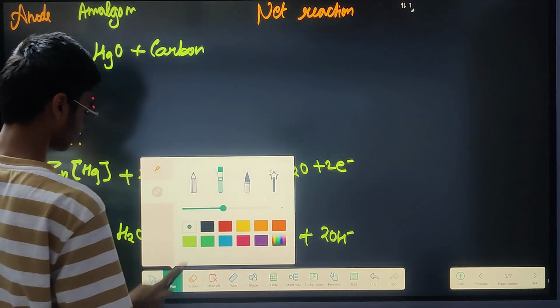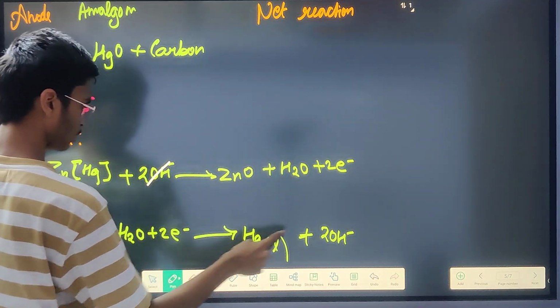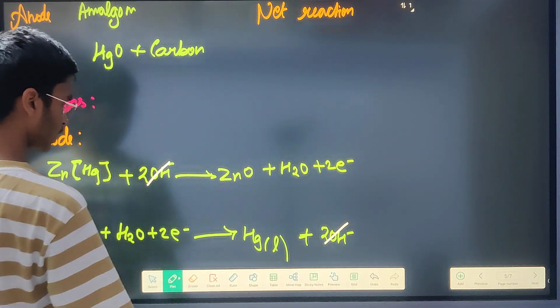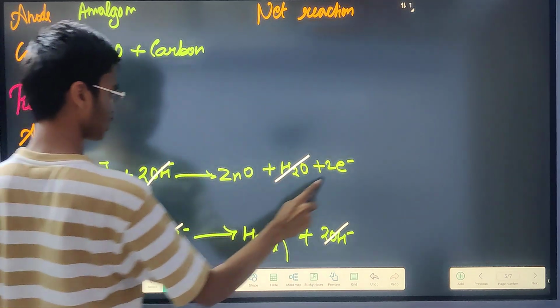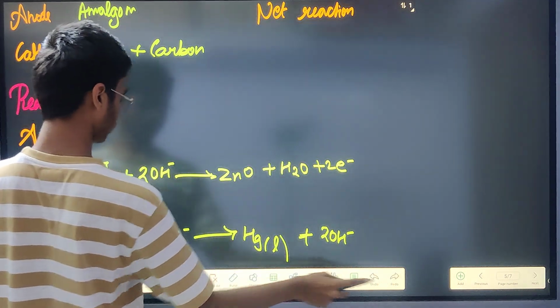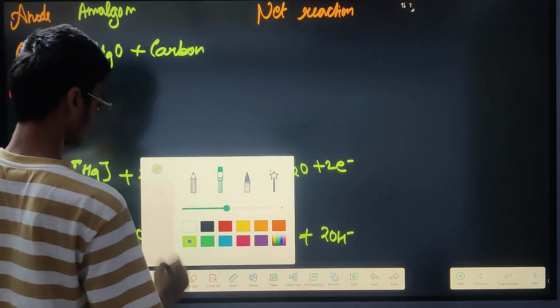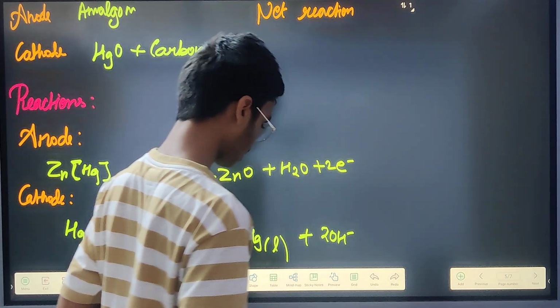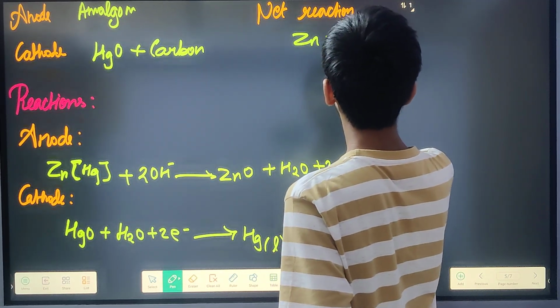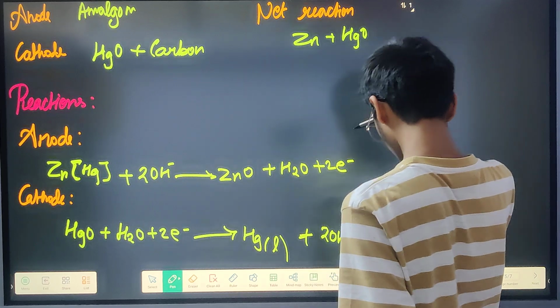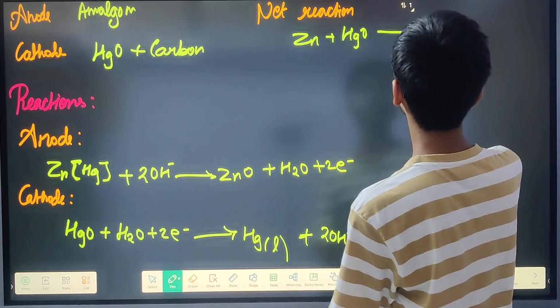Net reaction. OH minus, then any other thing that can be cancelled, water, electrons, all these can be cancelled out, right? Then what can be written as the total net reaction? The total net reaction is just zinc plus HgO, that gives rise to zinc oxide